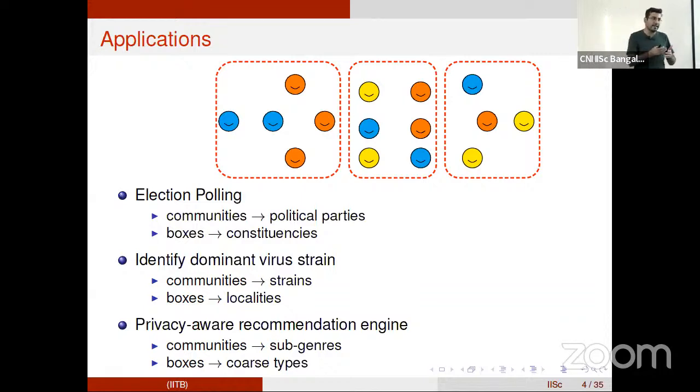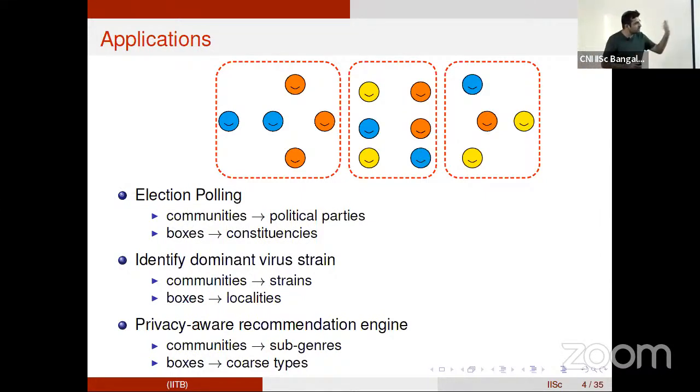Now, if I want to interact with this recommendation engine, one option is to tell it exactly which subgenre I want to watch next. But that would mean I'm revealing exactly what I'm looking for every time. I might want to hide some of this information, and one way to do that would be to give some coarse instructions. I want to watch something maybe from comedy, but you choose something. Or I want to watch something from action or romance.